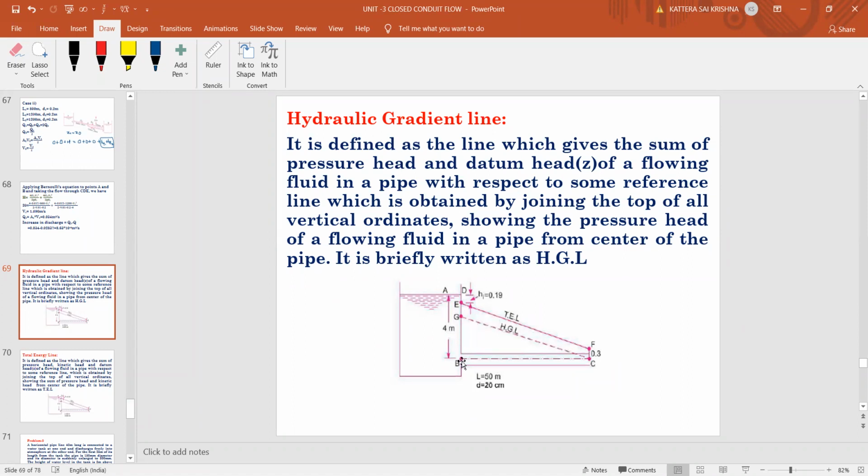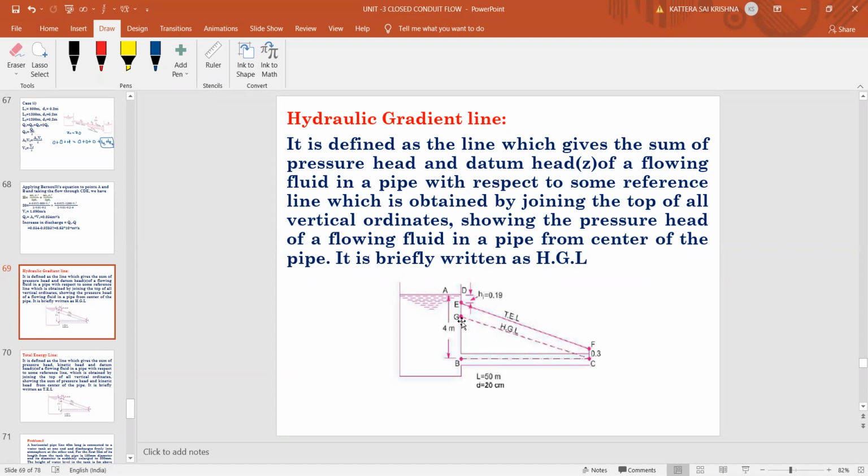Okay, assume that here at the point B, if you're finding the pressure head plus datum head, you'll get something, some height you will get, that height is marked here as G point. This line is taken as your datum line, which is the center of the pipe. Center line of the pipe is taken as a datum line or datum head. Okay, so pressure head if you calculate and if you keep that distance here as 1 point here for this section at the point B, that will be here. And similarly, if you find at the C point, it will be here.